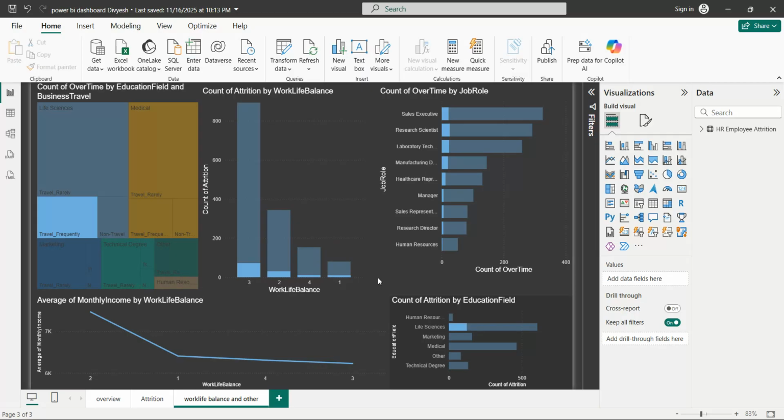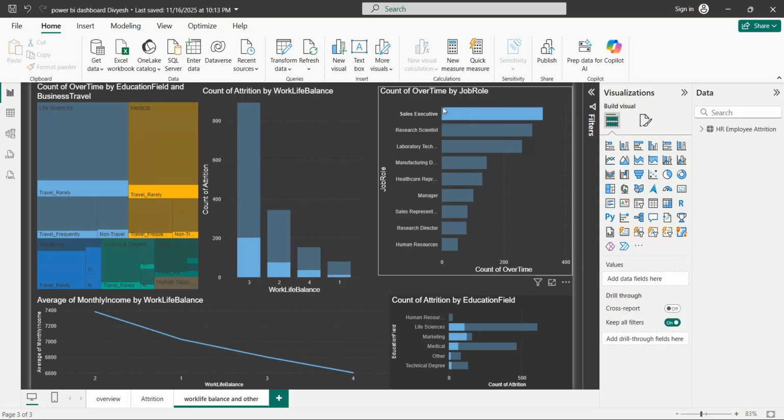It may indicate that the employees perceive their work-life balance as average but still face a significant workload or stress. So those who have rated work-life balance 4, that is best balance, show the low attrition, confirming that work-life balance strongly affects retention. Then